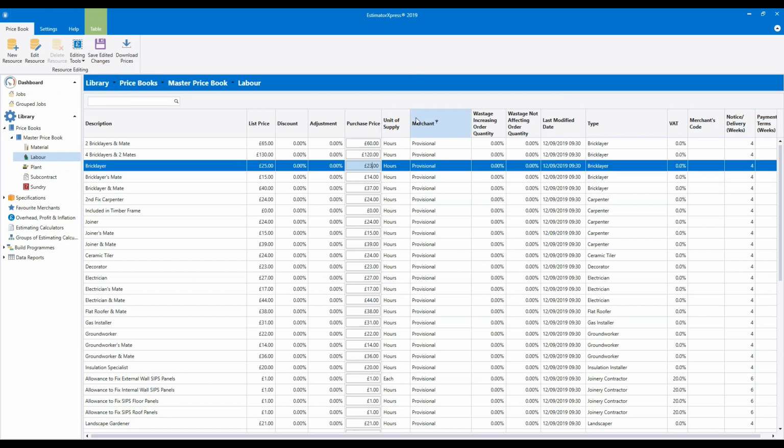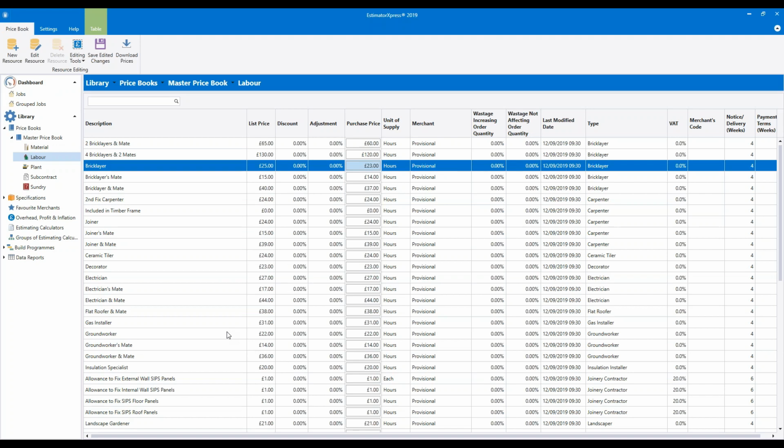So we've updated the prices for all of the bricklayers. You would then obviously continue working your way down the labour section, have a look at the joiners, electricians, so on, looking at all the different labourers, updating any prices as necessary. They are set to national averages, and of course there is variation on what people charge throughout the country. So some of them you might feel are about right, some of them might need adapting a little bit.